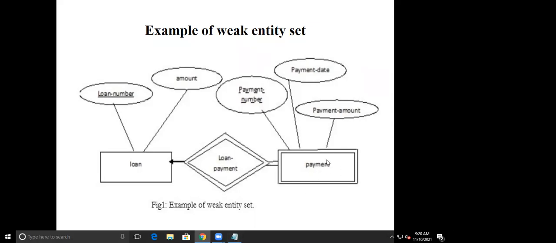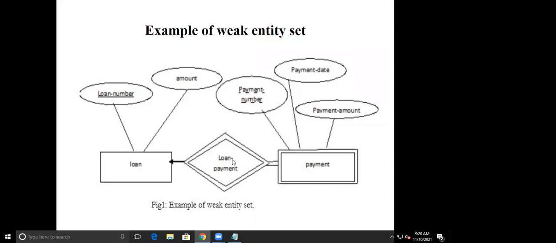So the primary key of the payment is payment number along with these three attributes, and in the loan payment it is loan number along with these three attributes. It means there would be repetition of that attribute, and that's why this relationship doesn't have any physical existence.